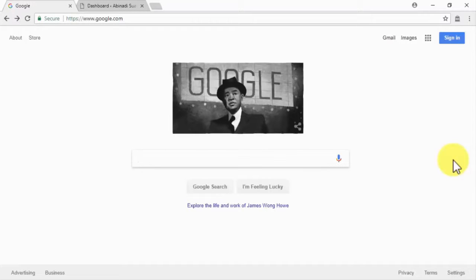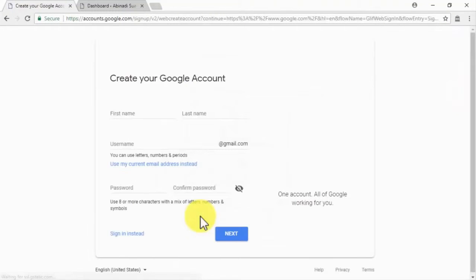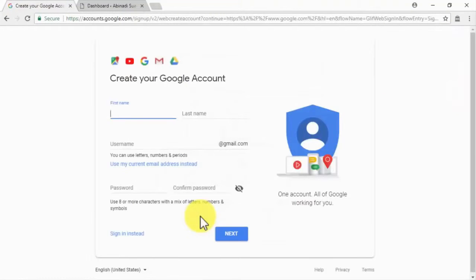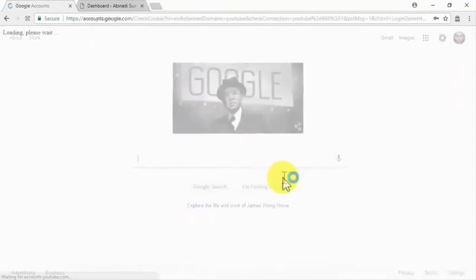You might already have one if you've ever signed up to a Google service such as Gmail or YouTube. In case you haven't, you will simply have to go to google.com and then to click on the Sign In button. Then click on Create Account and follow the account creation steps. Now, if you already have a Google account, you will simply have to sign into your account and then to go to the